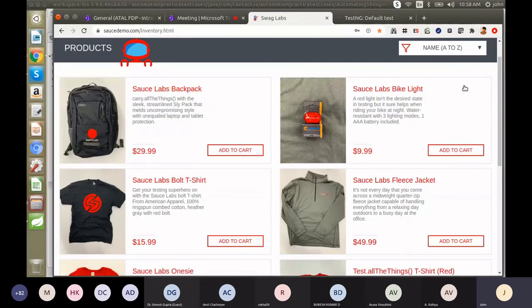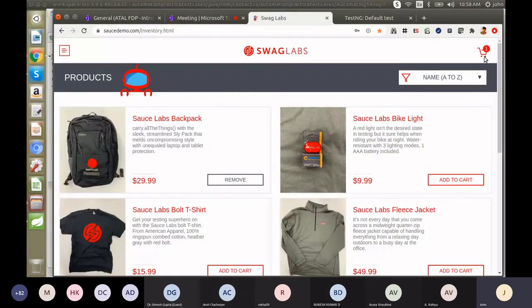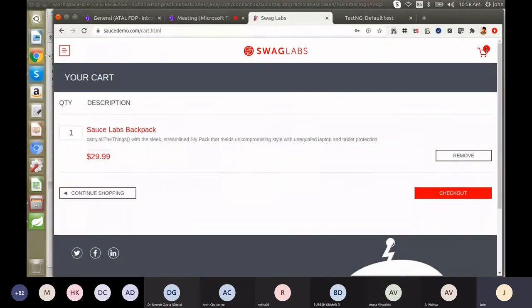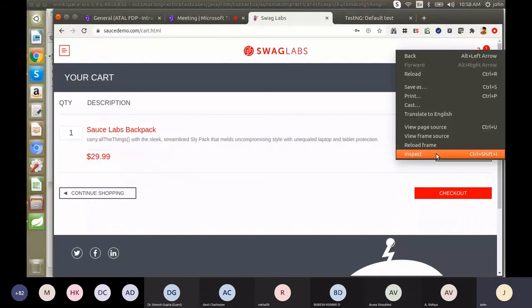Now we are going to add this add to cart. Then we have to click this one. Okay. This view cart option, you have to click this view cart option. For this, we have to take the XPath. We have to take the view cart XPath. Click and we'll take the XPath.